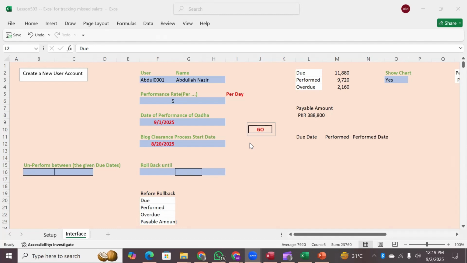It can cater multiple scenarios, multiple calendar styles, multiple day structures, which you have the performance rate structure. Sometimes backlog clearance is to be done on daily basis, and sometimes it is on a different rate, for example, per month basis, or first of every month, or end of every month, or certain date of every month, right? Or some particular day of week of every month, say third Wednesday of every month, or like this. So this tool is going to serve all these purposes and will get you the status at any given point